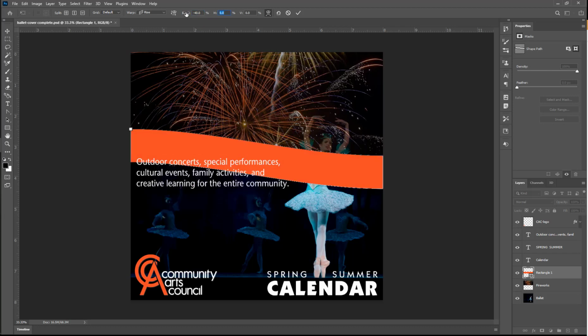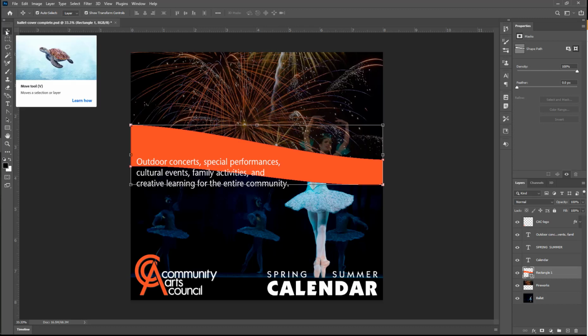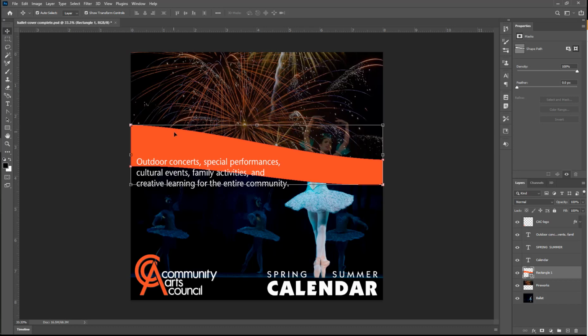The horizontal distortion value should be changed to -25%. And then you can click on the Commit button, and we get a dialog box that says this operation will turn a live shape into a regular path. And then click Yes. Pick up your Move tool and drag the layer so it covers all of the bottom